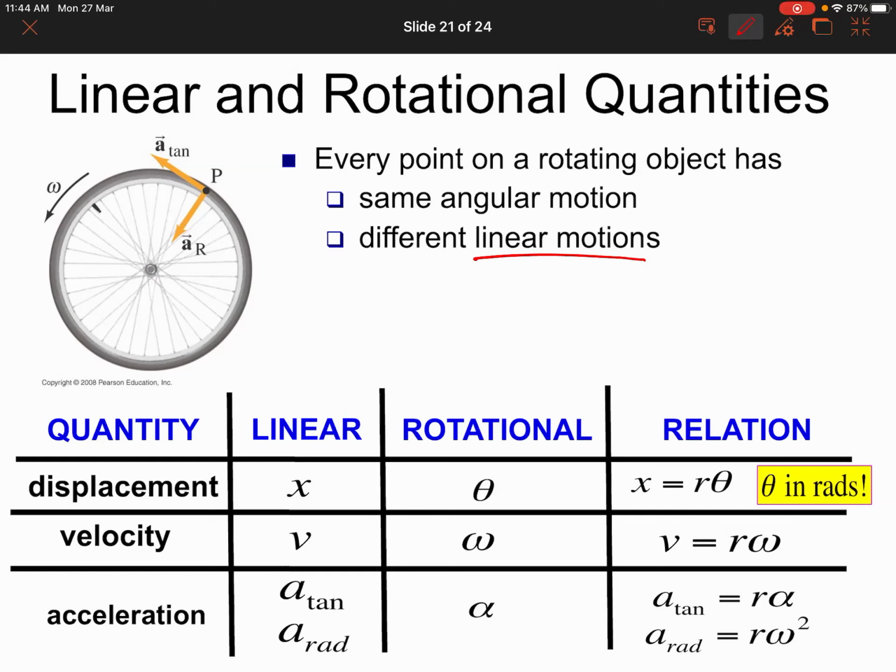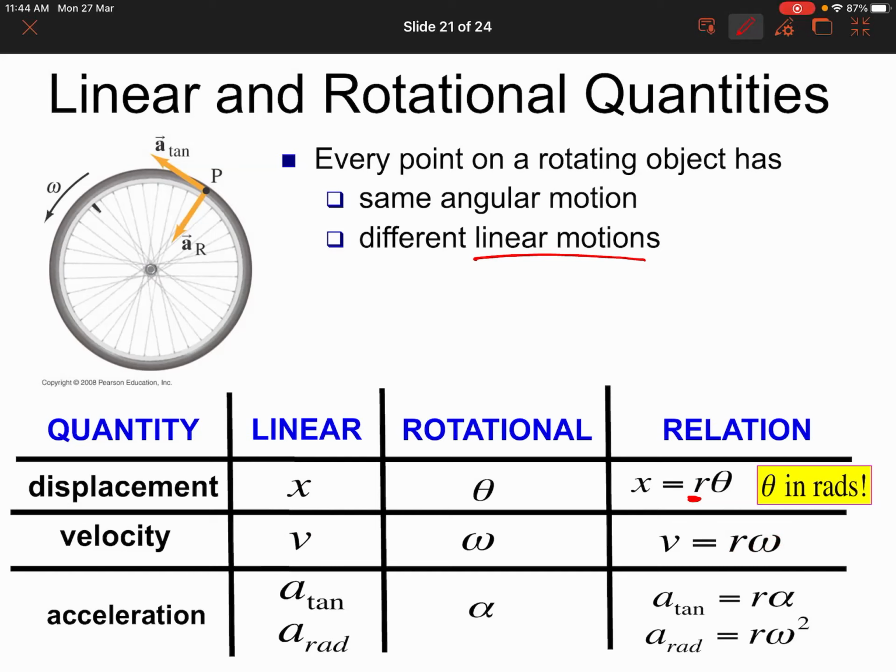So the linear displacement x should depend on the radius, or how big this rotating object is. So then it follows for the velocity, the linear velocity will also depend on the radius r times the angular